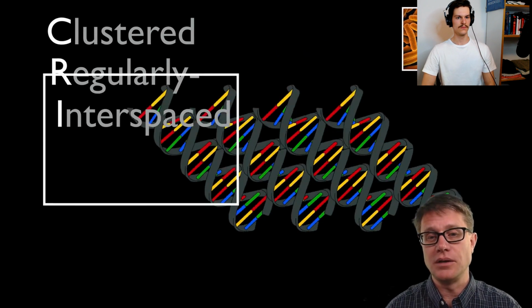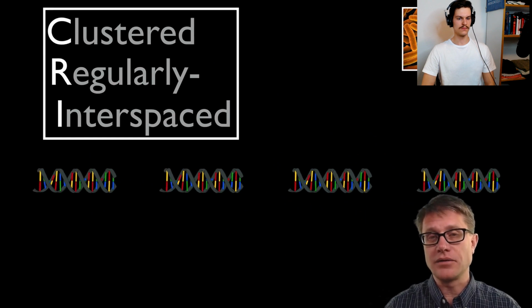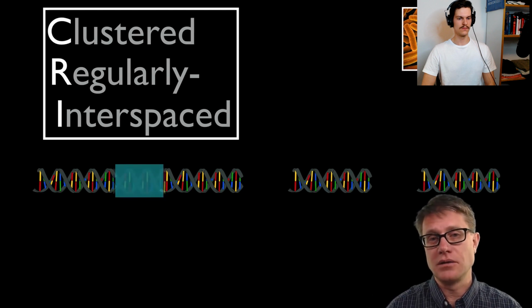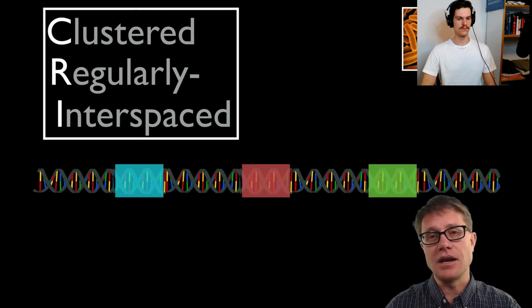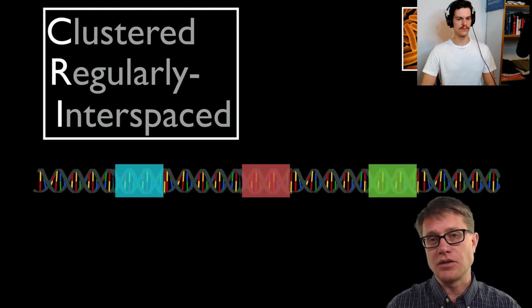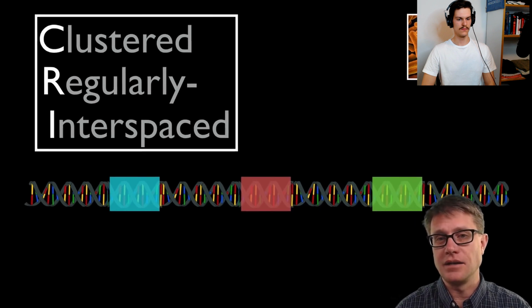So we've got the repeats. Those are all identical, one after another, but they're interspaced. And what's in the middle is what's called spacer DNA. Now what's interesting about the spacer DNA is that it's not identical. Each segment of spacer DNA is going to be unique. And this puzzled scientists when they identified this back in the 80s and 90s. But in the 2000s, what they found is that that spacer DNA, that's the important DNA, matches up perfectly with